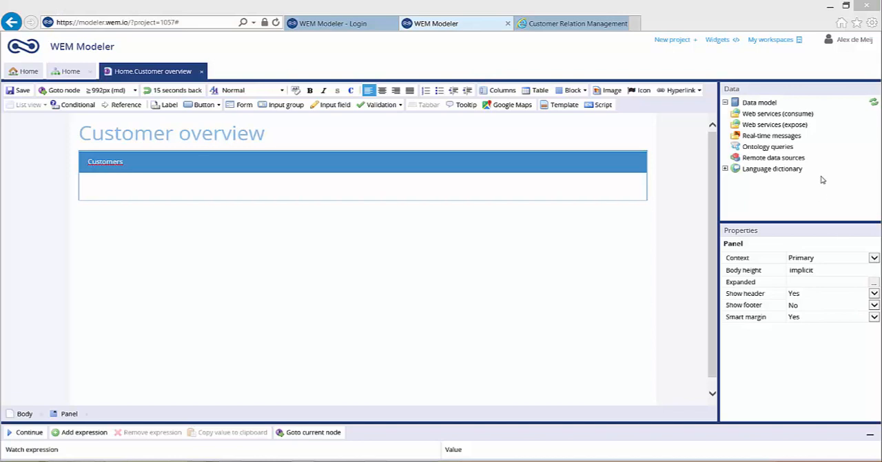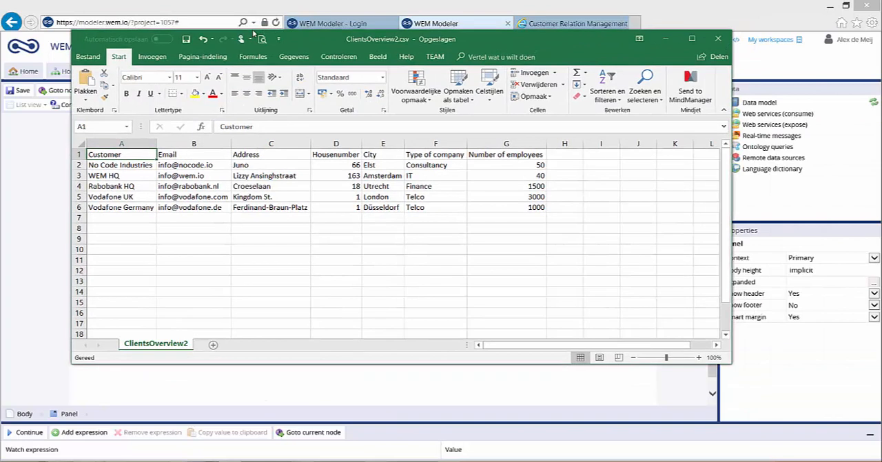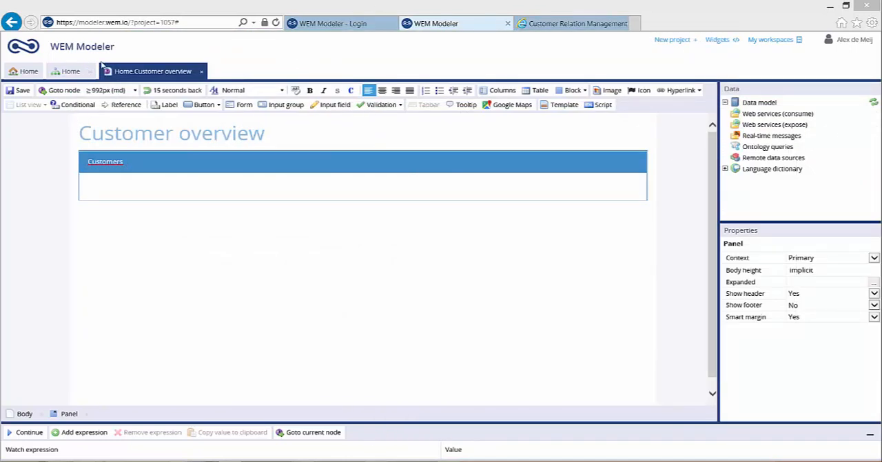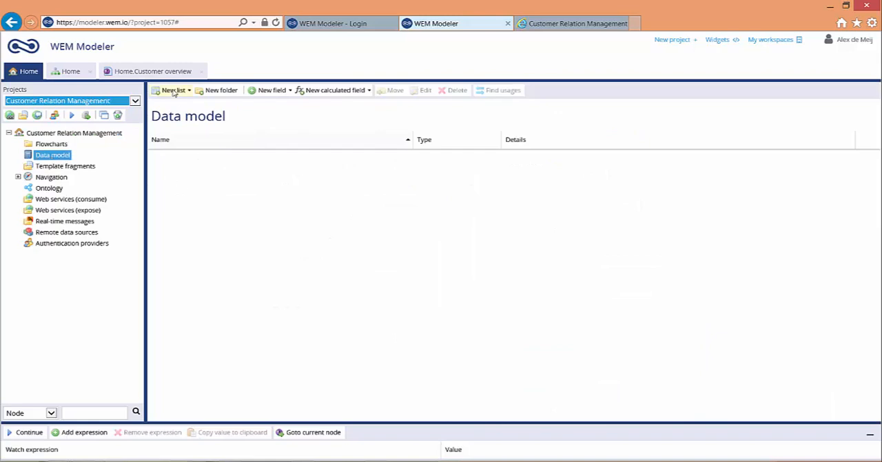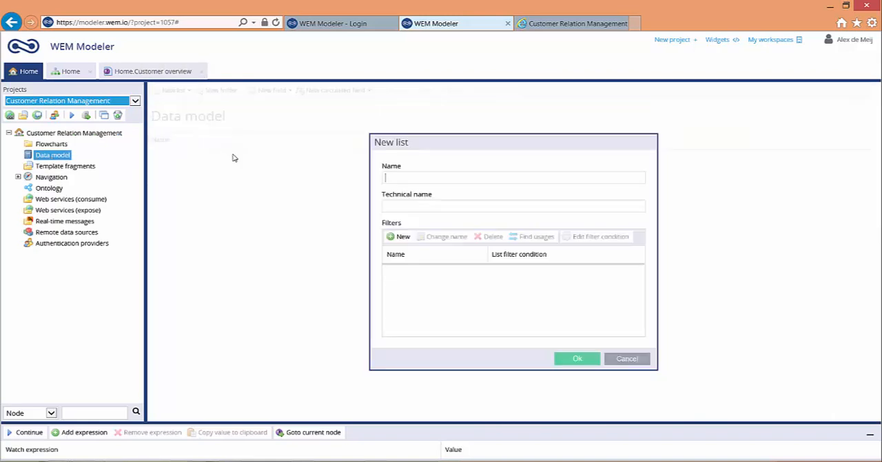What we are going to do is create a data model to have the entities of the spreadsheet, like customer name, email address, house number, city, type of company, and number of employees. So I'm going to return to my project overview, and I'm going to click on the data model tab. I'm going to create a new list. I'm going to call it customers. So this is the creation of a data model,